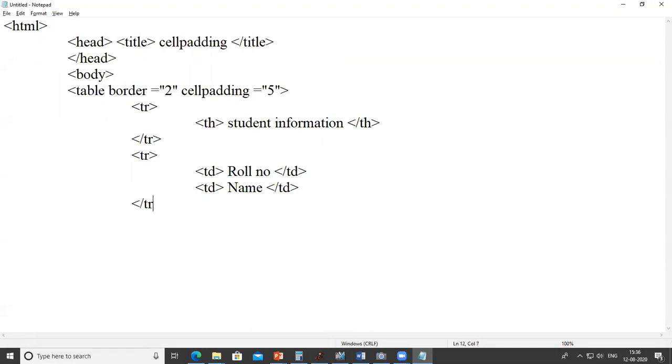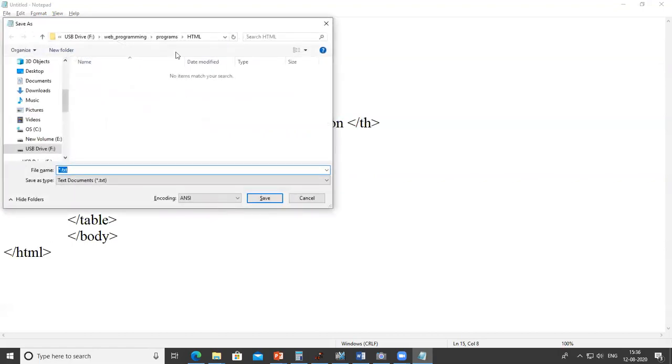So it will create a two rows and two columns table with border and cell padding attribute. So I close table here, and after that I close body tag. Finally, HTML close. So this is the program for cell padding.